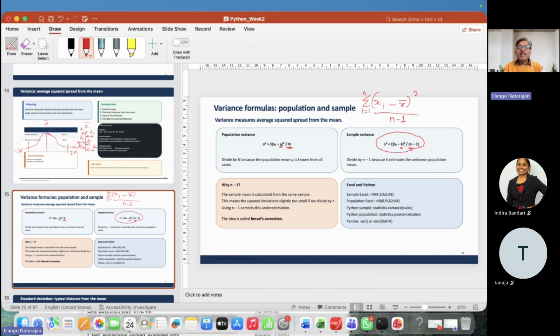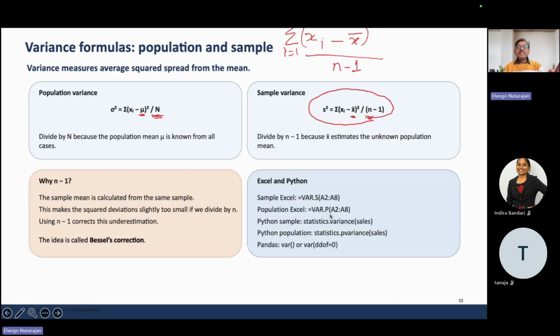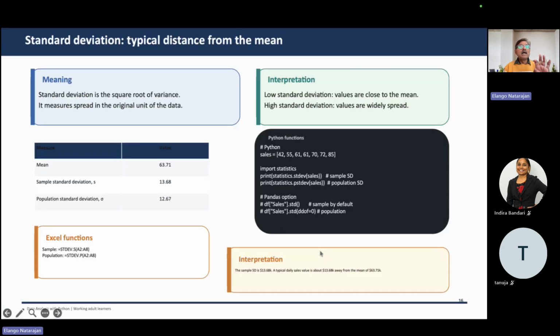This n minus 1 correction is called Bessel's correction, an idea given by the researcher Bessel. That gives us the exact sample variance. Okay, so you can use this formula to find variance, and